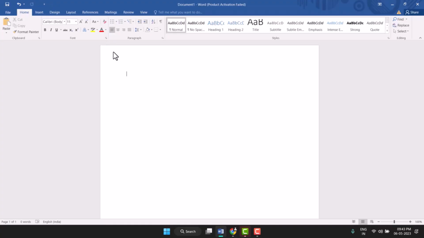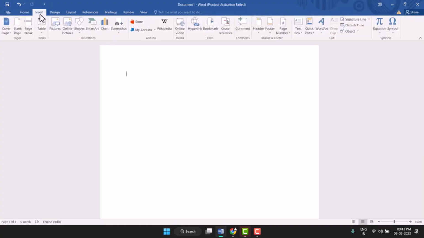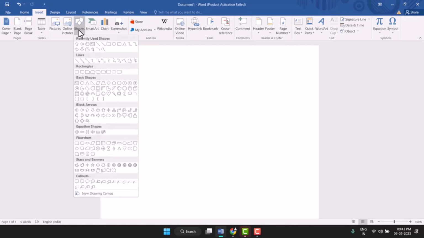Firstly, you need to click on Insert. You see this Insert tab, so click on it. Now you need to click on Shapes, and here find this down arrow. You see this down arrow, so click on it